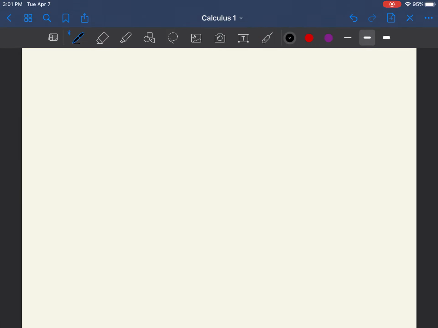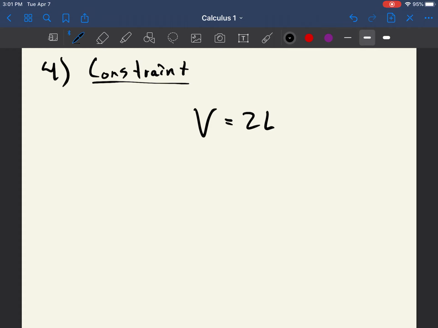So our constraint, this was step number 4, is the volume, the volume that this cylinder needs to be able to hold. It needs to hold 2 liters, and I'm actually going to turn that into centimeters cubed, so 2,000 centimeters cubed. Now, do I know a formula for the volume of a cylinder? You actually might, and if you don't, then that's something that you would look up. So if you have a cylinder,